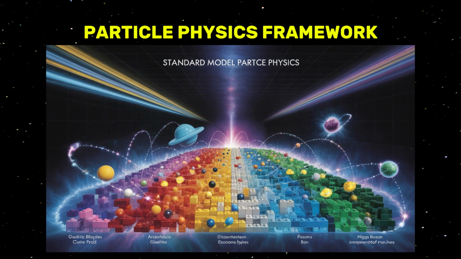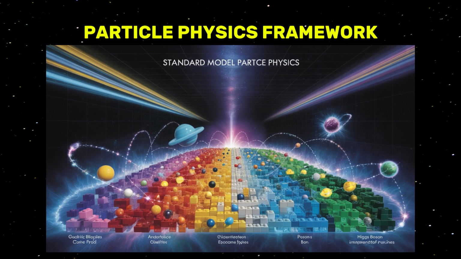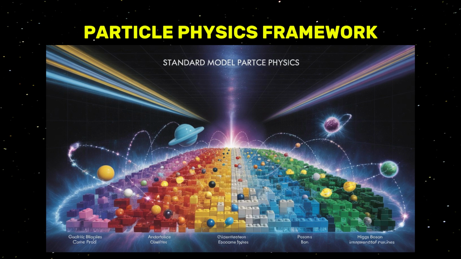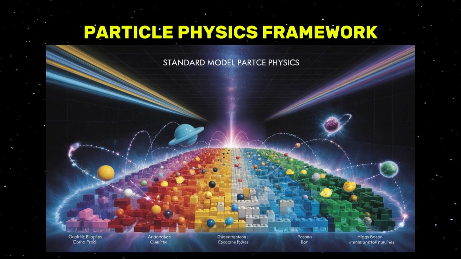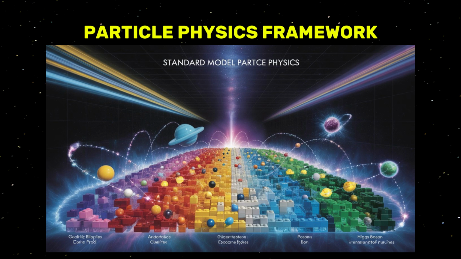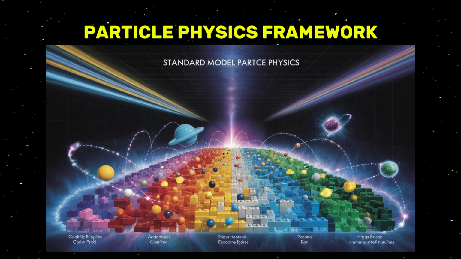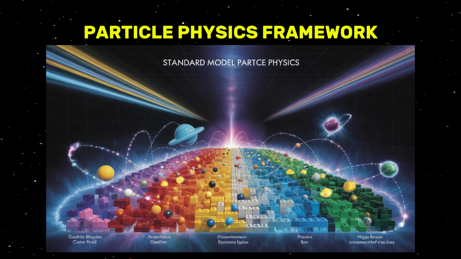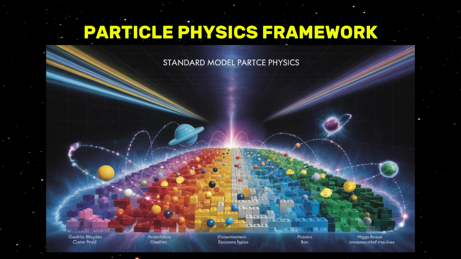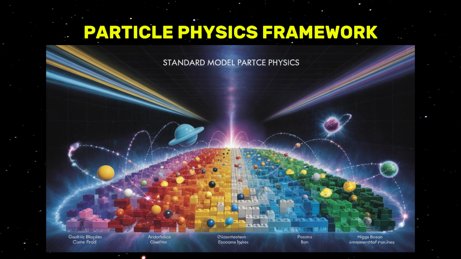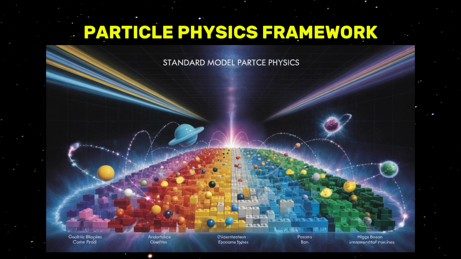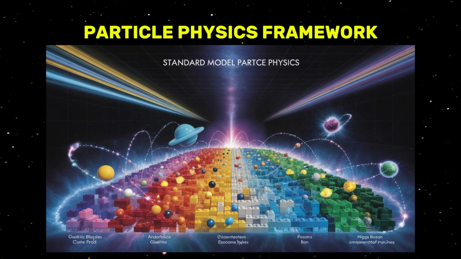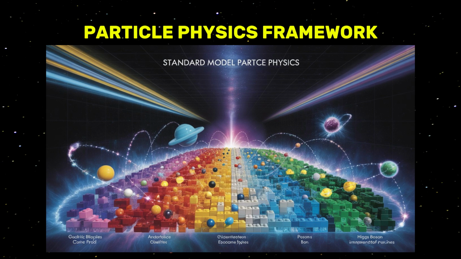In 1897, J.J. Thomson's identification of the electron revealed that atoms, once thought indivisible, actually contained even smaller elements. Then, in 1911, Ernest Rutherford's gold foil experiment uncovered the atomic nucleus, a dense core surrounded by electrons. These revelations ignited a wave of research, leading to the realization that atoms weren't fundamental after all. They were made up of even tinier particles.